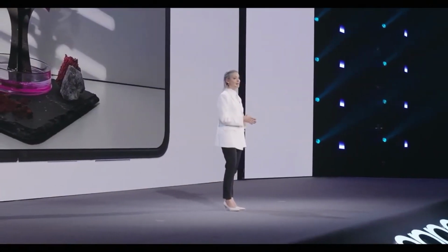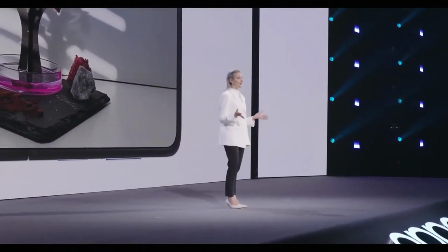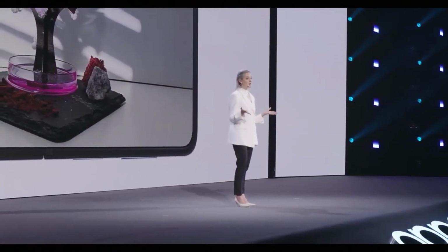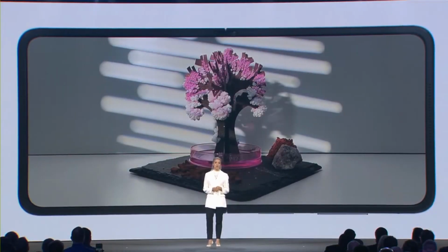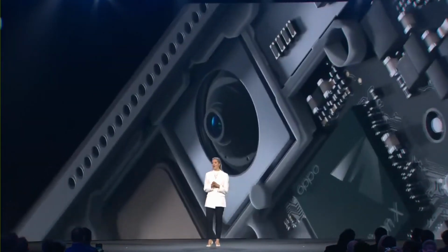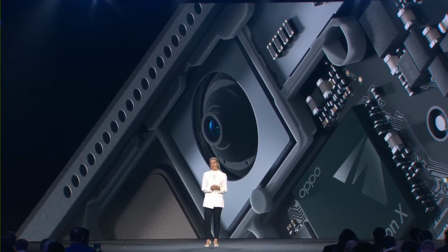It's also much easier to shoot time lapses. With Find N2 Flip, you don't need a tripod anymore because you have a built-in one with FlexForm mode. So much easier. Find N2 Flip is also equipped with a high-quality 32-megapixel selfie camera using another Sony flagship sensor